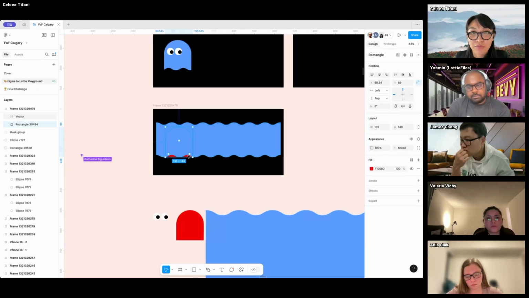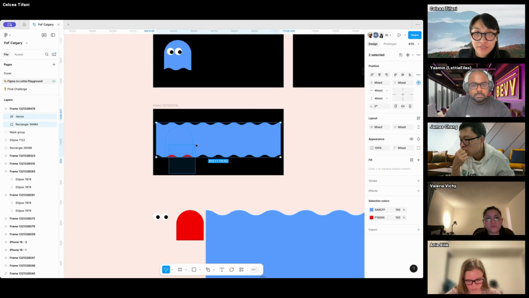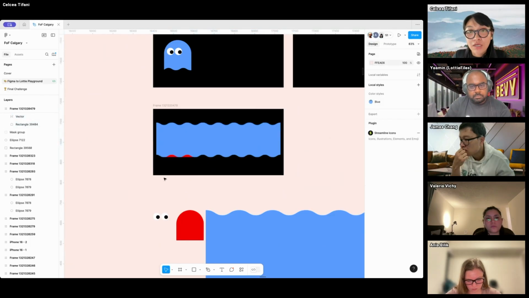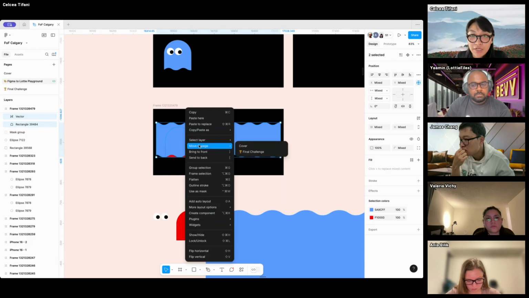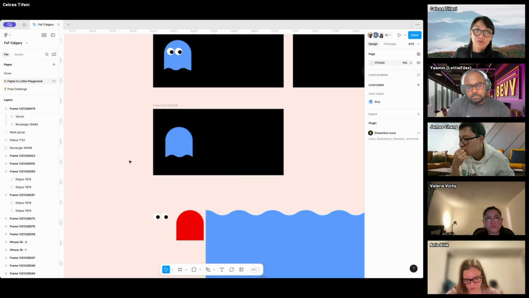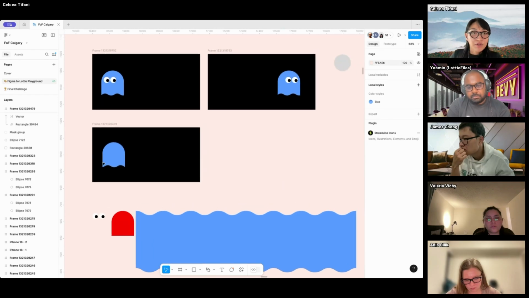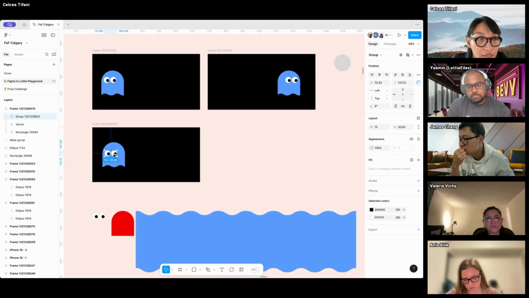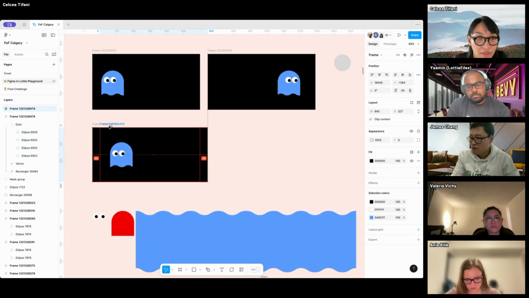I want it to move from here to here. So this is good enough. We multi-select this, then right click, and click use as mask. Okay, we're good with this. And then I want to put the eyes inside. I'm just going to name it, and then I'll copy this, and then